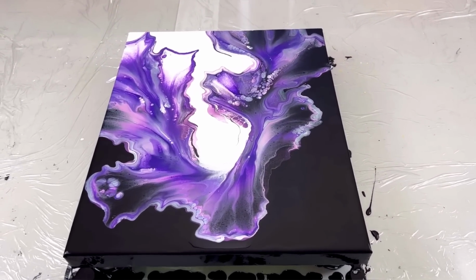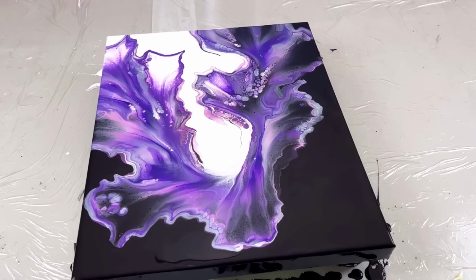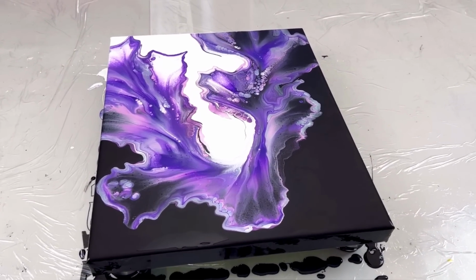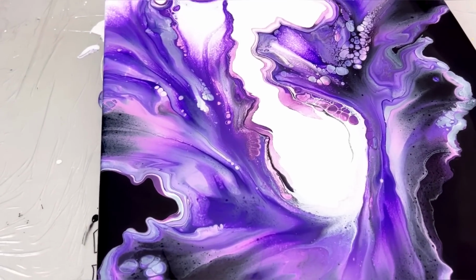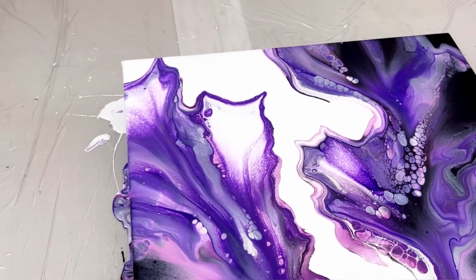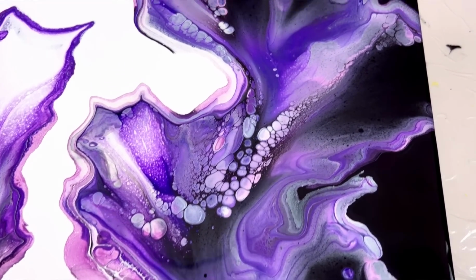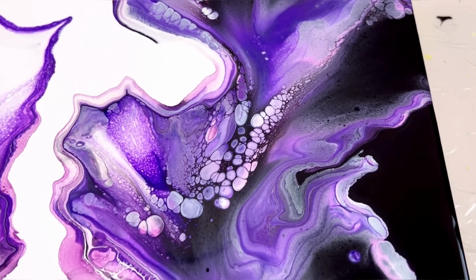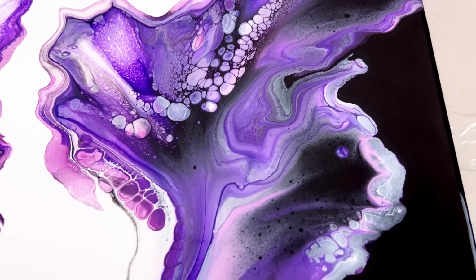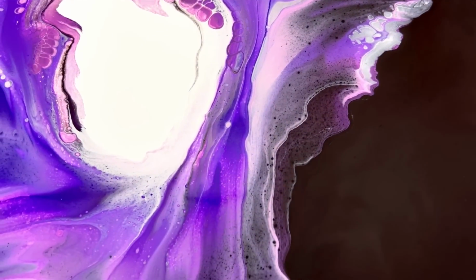You know, I'm really excited about trying greens next, yellow, orange. I don't know. And then I might see something else and then get distracted and then start something new. But we shall see. I do have some other projects I'm working on in between. So yeah, there's going to be a lot of different stuff. Plus, I need to get ready to leave for North Carolina soon. So I've got a lot of stuff on the go. A lot. But anywho,